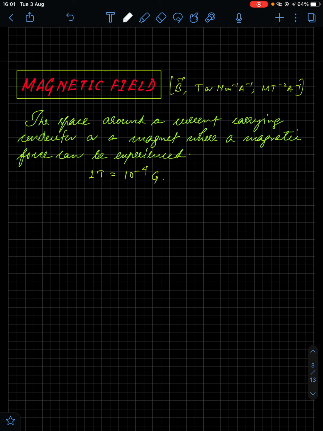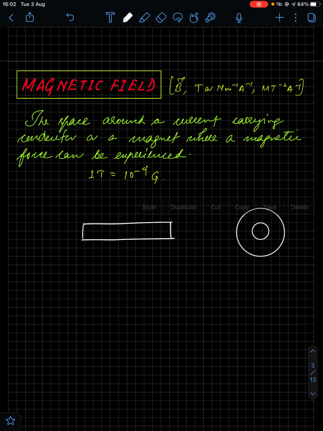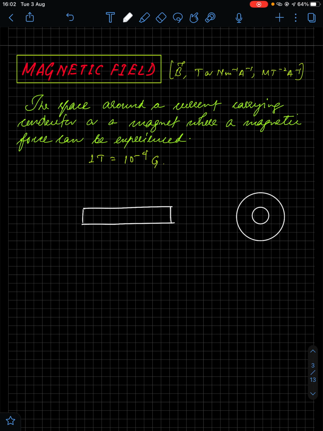Now I hope most of you or all of you are familiar with a magnet. You might not have seen a bar magnet, but you might have seen this kind of magnets which are found in speakers and all. So loudspeakers and all, you have this kind of magnets that you must be familiar with. And a bar magnet you will see there in the lab, of course, when you do class 12 physics practicals.